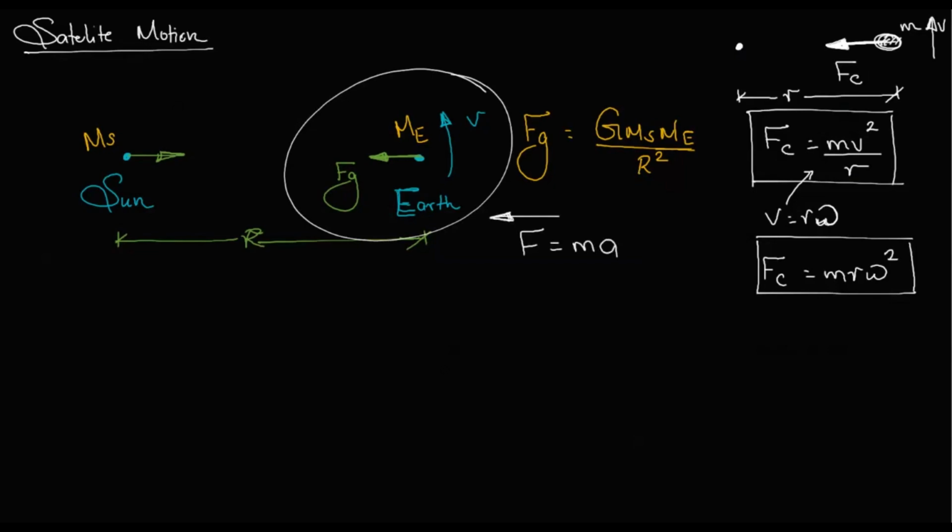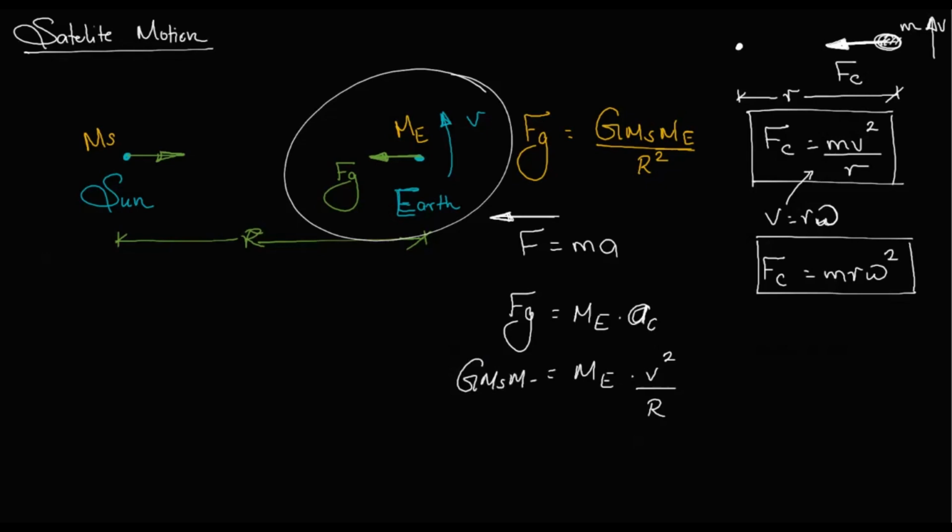It is not a circular motion in actual case because it is an orbital motion. But for simplicity, if we take it as a circular motion, then the force towards the center of the motion is the force due to the gravity itself, and the mass of the Earth is Me, and the acceleration that should be there in order for any object to be in a rotational motion is the centripetal acceleration. So we can say the mass of the Earth times the centripetal acceleration, v squared over r, which again is capital R because the distance from the rotational center is R, and the force due to the gravity is G Ms